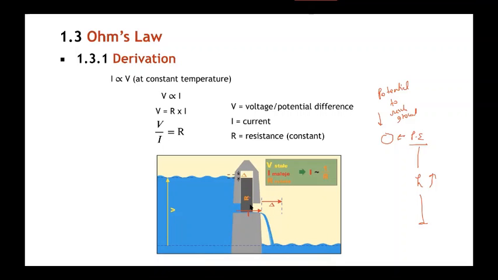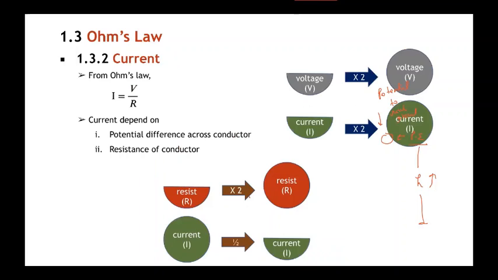Are you getting this? So more the potential, more the current, and this block is acting as a resistance. If we increase the resistance, resistance means obstacle, so if we are increasing the obstacle, the current is decreasing, no matter whether your potential difference is the same or not. Similar thing happens in the circuit, similar thing happens with your Ohm's law.